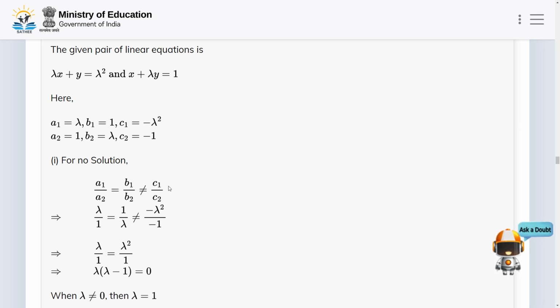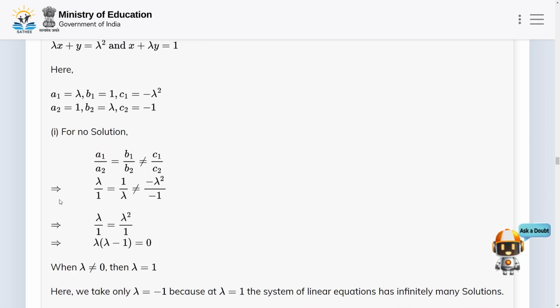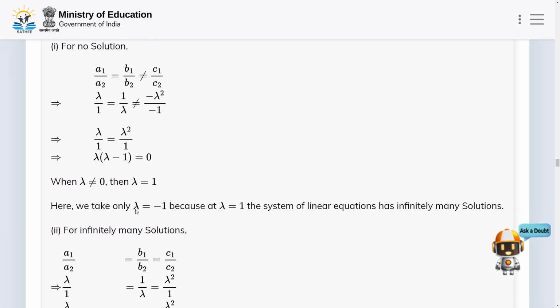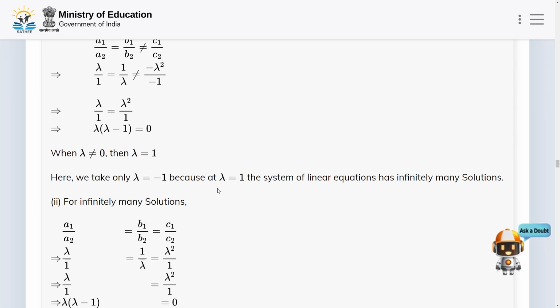Okay, so it implies lambda by 1 is equal to 1 by lambda but does not equal to minus lambda square by minus 1. So it implies lambda by 1 is equal to lambda square by 1, and lambda times lambda minus 1 is equal to 0. So when lambda does not equal to 0 then lambda equal to 1. So here we take lambda equal to minus 1, because at lambda equal to 1 the system of linear equations has infinitely many solutions. Okay, so we can take only lambda equal to minus 1